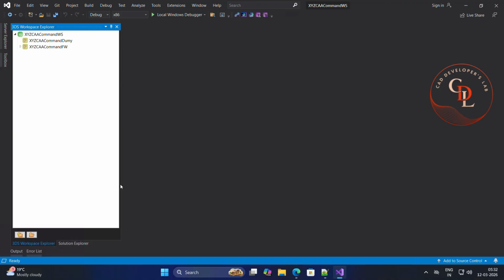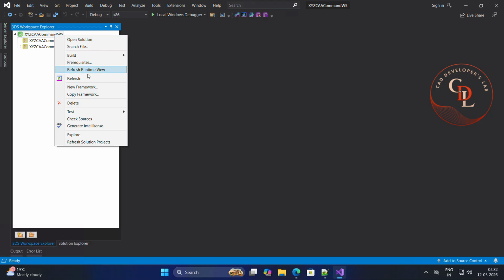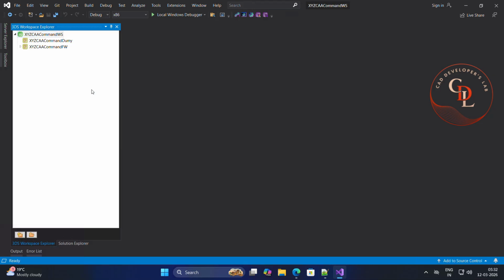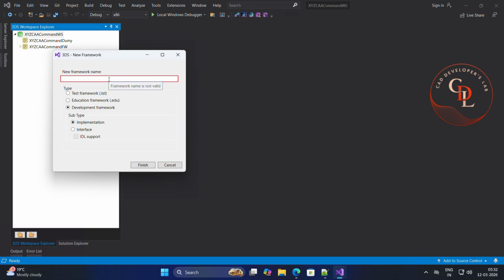Initially, whenever you create a workspace, the same way I showed you in the previous video, you have to just right click and add a framework first. Initially you will see only the workspace, and you have to right click and add a new framework. Then give your framework name, for example XYZ